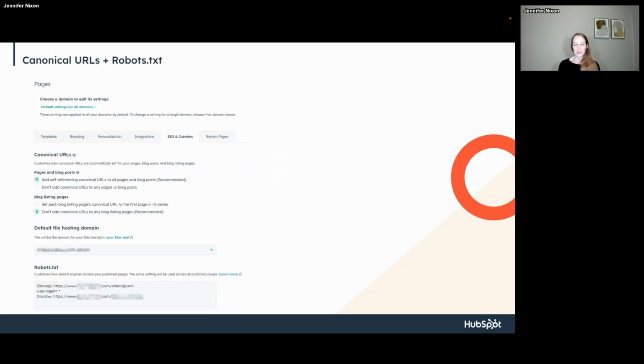So this is kind of a little unknown thing with landing pages specifically. A lot of people using HubSpot know that your landing pages are not in your sitemap, but what they don't know is that they can still be indexed. So on the robots.txt file, which is really tiny here at the bottom, you can see that you have the option to disallow specific pages. So if you're running Google Ads or